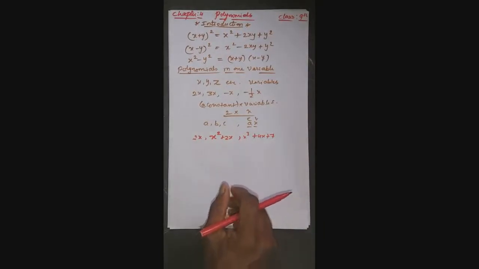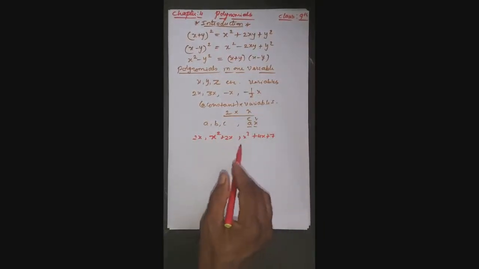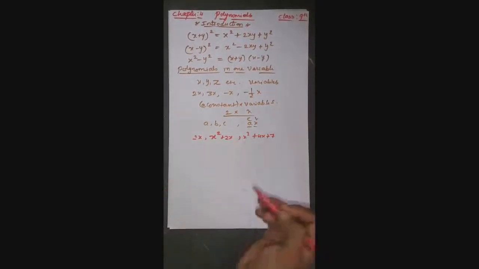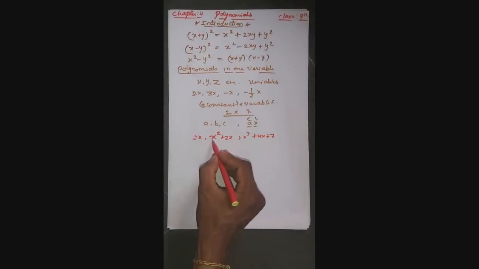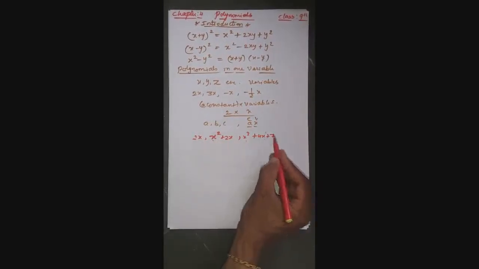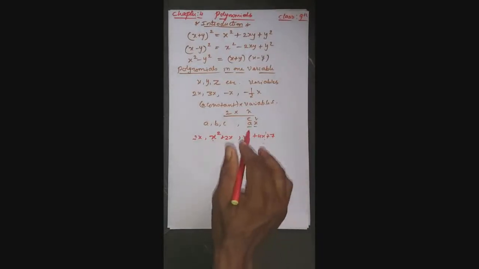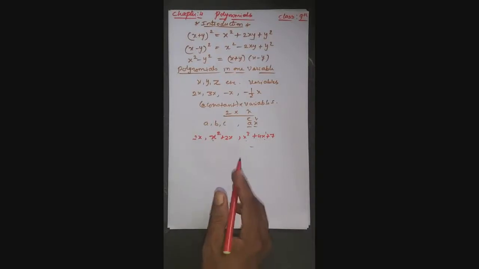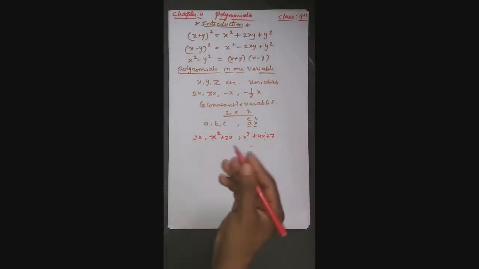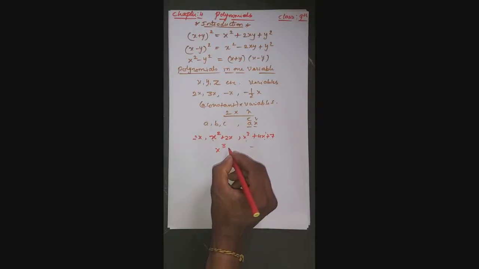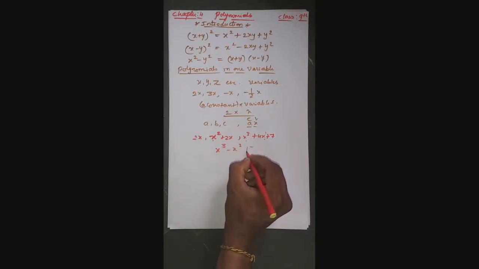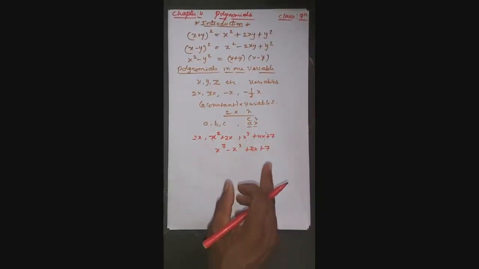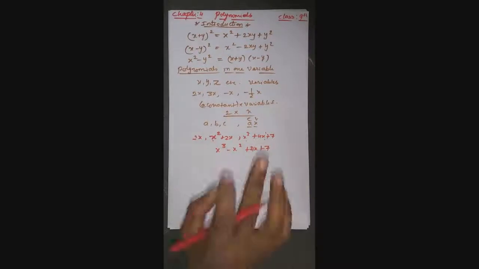See, note that all the algebraic expressions we have considered so far have only whole numbers as the exponents of the variables. Expressions of this form are called polynomials in one variable. In the examples above, the variable is x. For instance, x cube minus x square plus 4x plus 7 is a polynomial in x, right?